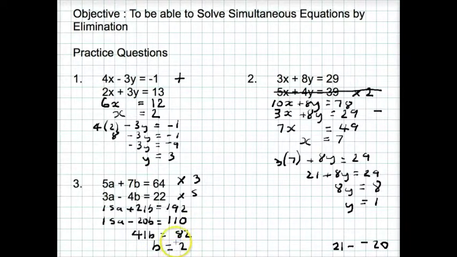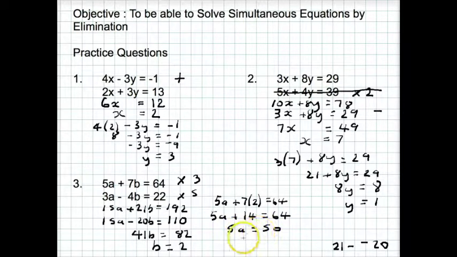Then I've got to sub b back into equation 1. Let's just write this over here. So I get 5a plus 7b, well b now is 2, and that equals 64. So 5a plus 14 equals 64. I now solve this equation by taking 14 away from both sides, which is going to give me 5a equals 50. If I divide both sides by 5, I'm left with a equals